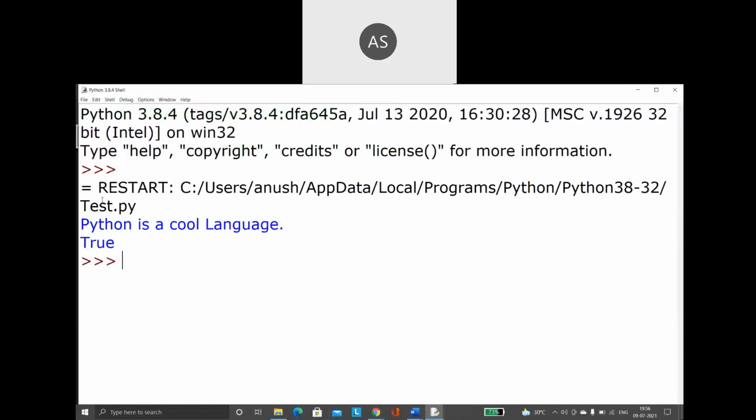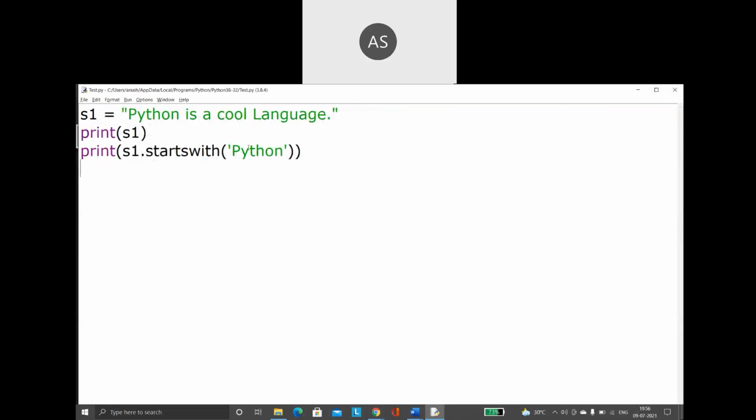See, it says true. I said it's a Boolean function, so it is going to return only a true or false value. So this function is going to return the value as true. Now, see here. Here also I have given Python, but this P is in lowercase, while in my string the P is in uppercase.